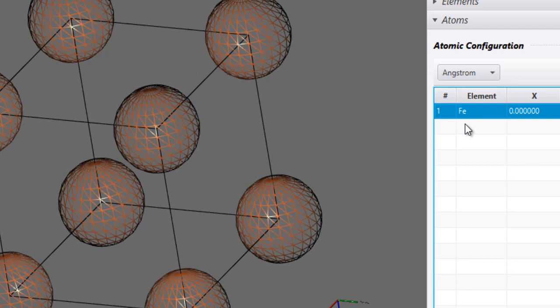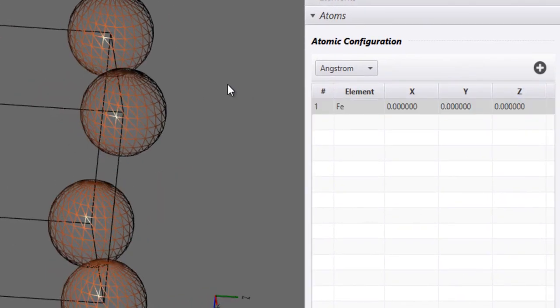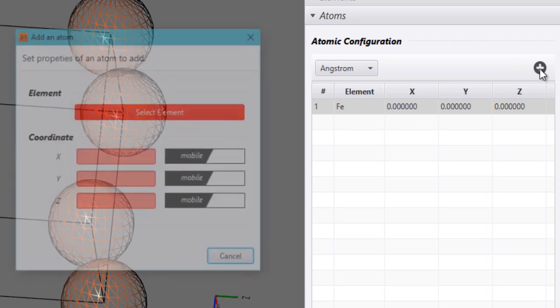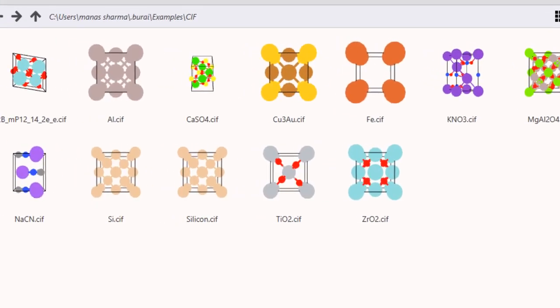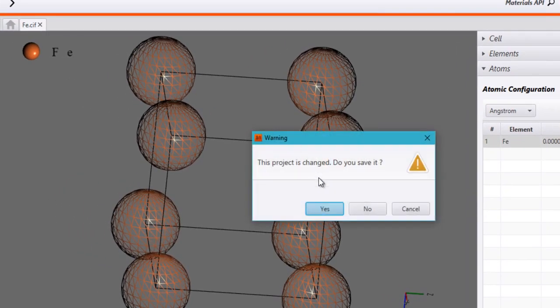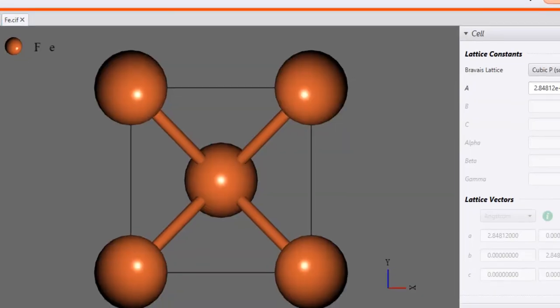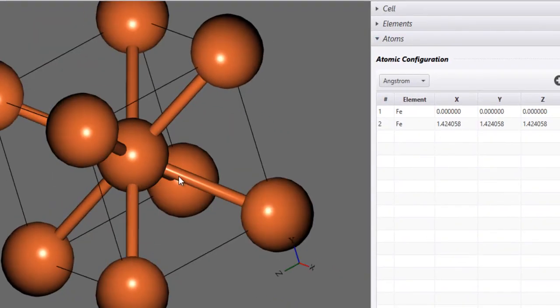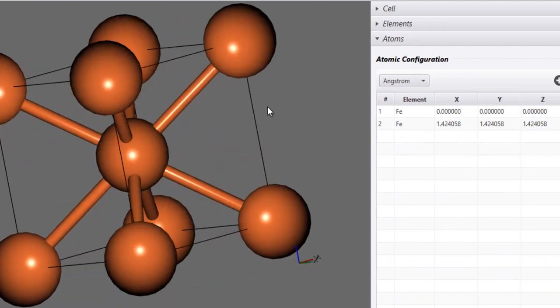However, you can just press Ctrl Z. Okay, it's not working, so you can just go ahead and load it back if you remember the coordinates. However, I did not note them down, so let me just open this file again. Close it so that it doesn't save any changes, and then open it back again. So coming to the modeling part, we can delete a single atom to create a vacancy, and